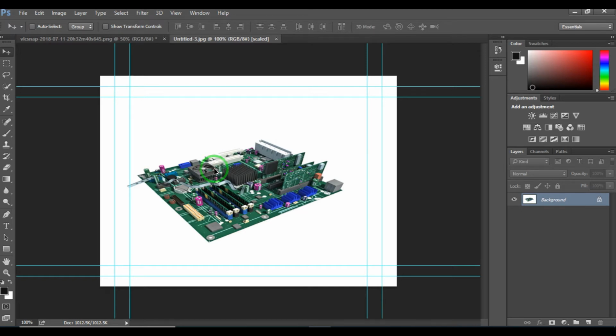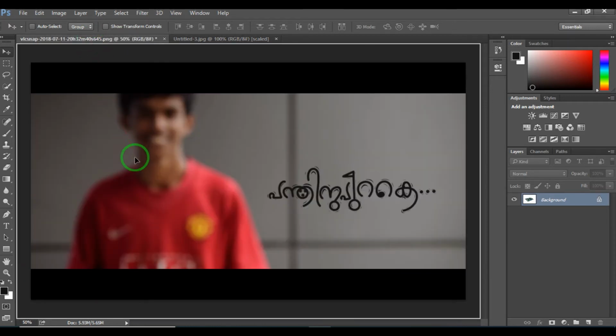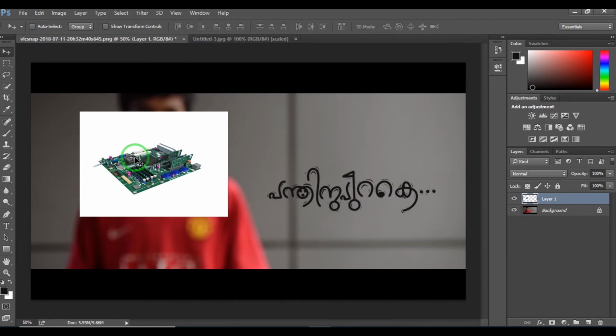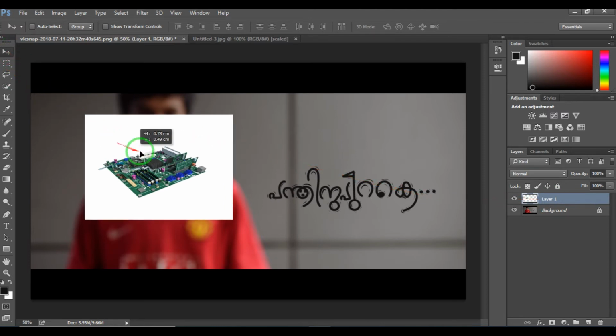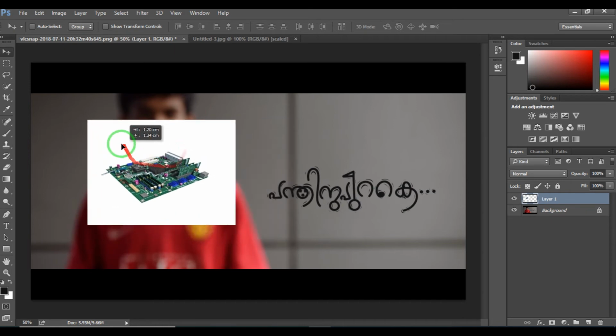An exact copy of this layer will be created if we click, drag, and place it on the first image. So you can see the entire copy is appearing on the first image. The changes in the layer are reflected here. You can see a new layer number 1 added to the background in the layer panel. So by using this move tool you can move this particular layer anywhere in your frame.